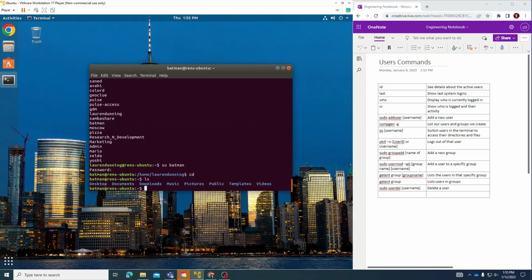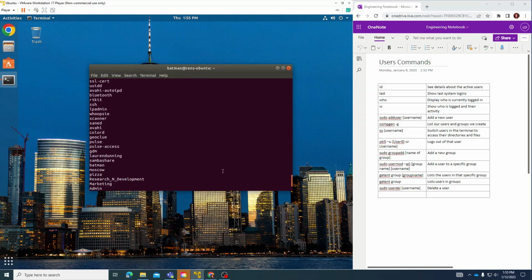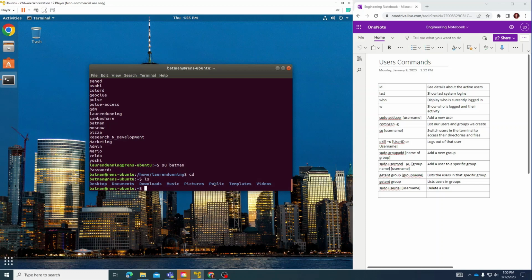I can do an ls, and I'll have different directories and files than I will on my original Lauren Dunning account. Here you can see there is no new employee list listed, as I did have with my Lauren Dunning account. See, now if we switch back to my regular account,